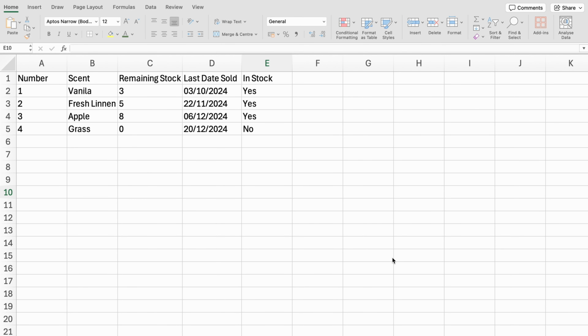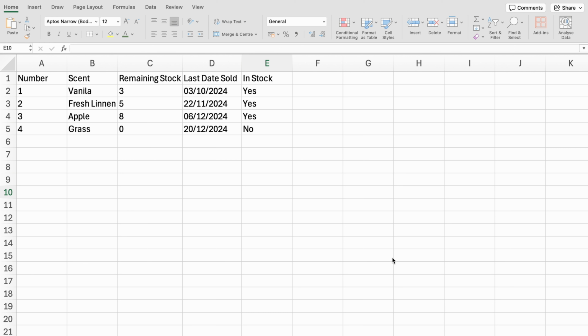Today we're going to look at how you can format cells within Excel to improve their readability and how they look. Here we have a small sample table that we'll use for the examples. The first thing I'm going to do is change the alignment of the text within the cells so that it